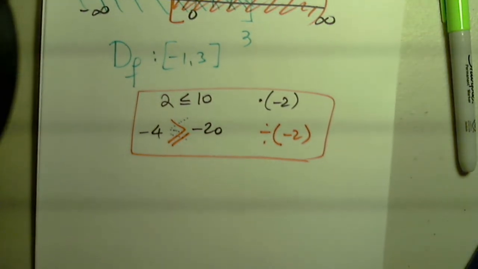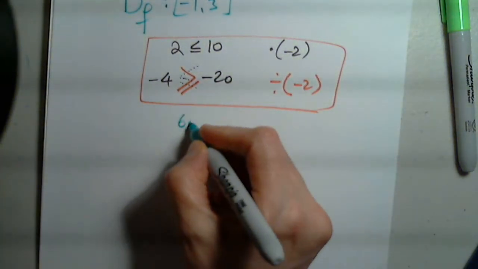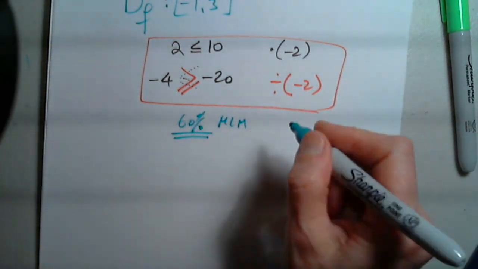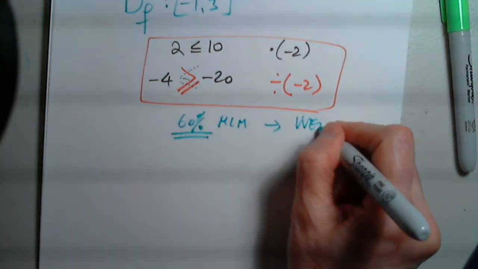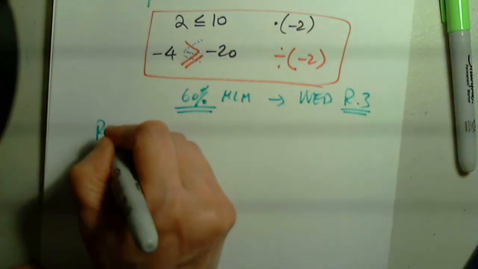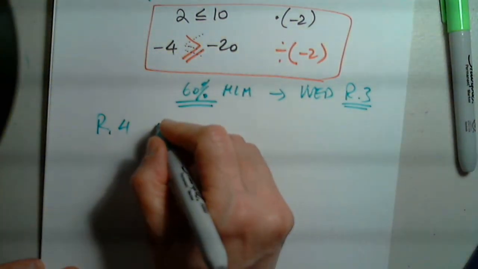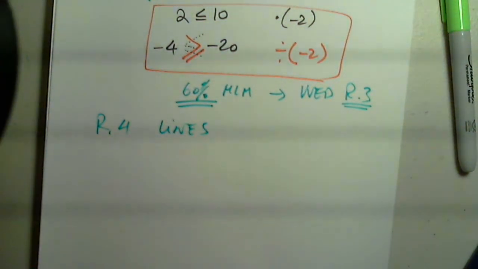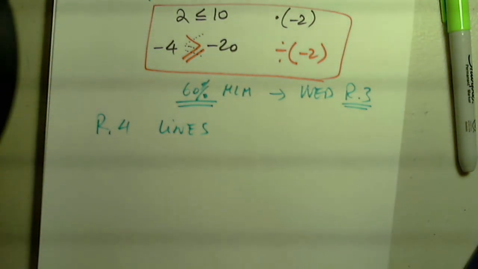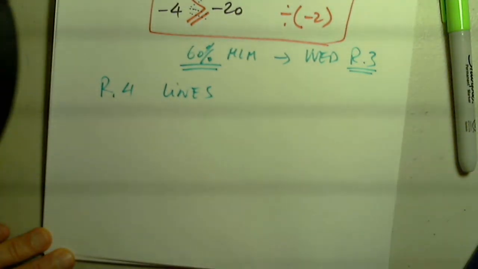Now in R.4, so needless to say, at least 60% on my lab math for Wednesday on R.3, please. And now we are going to look at R.4. We already discussed R.4, it's lines. So let me quickly review with you the important formulas and situations here. And let me start a new